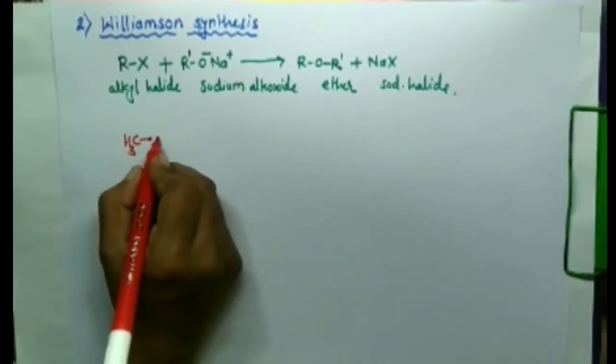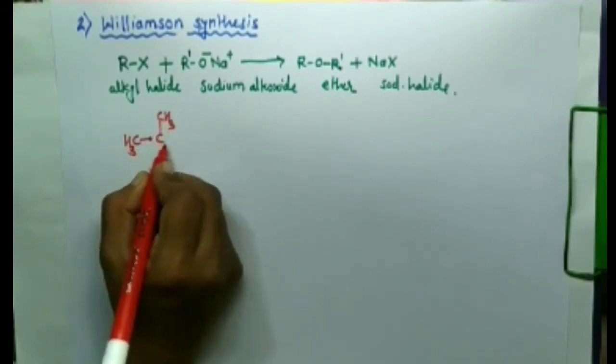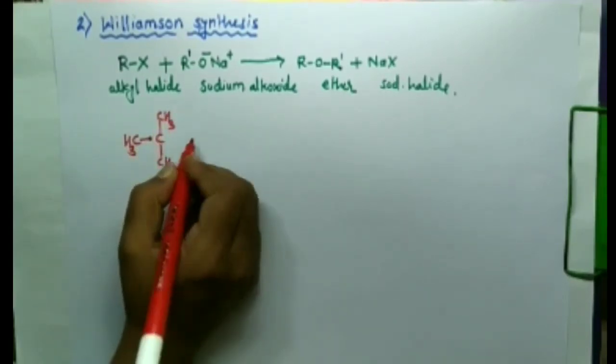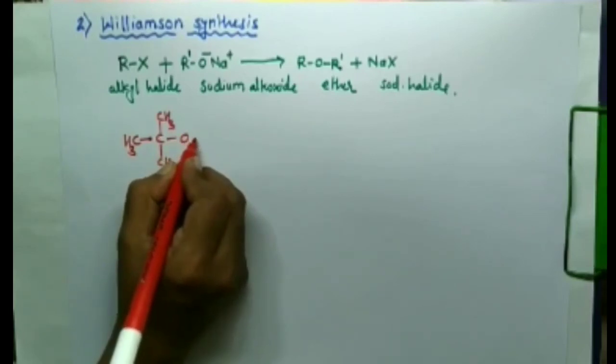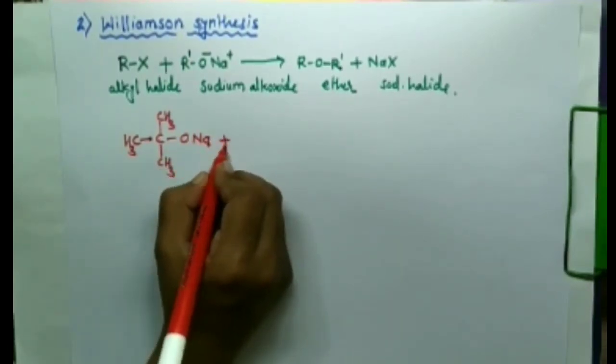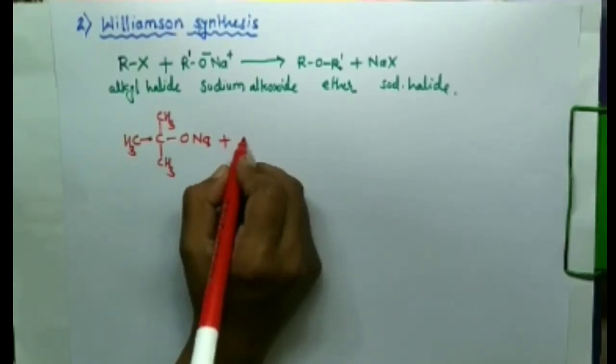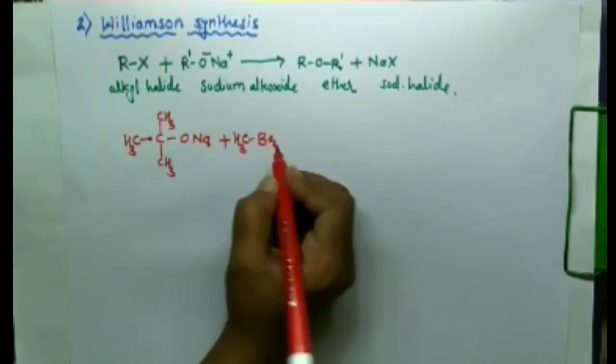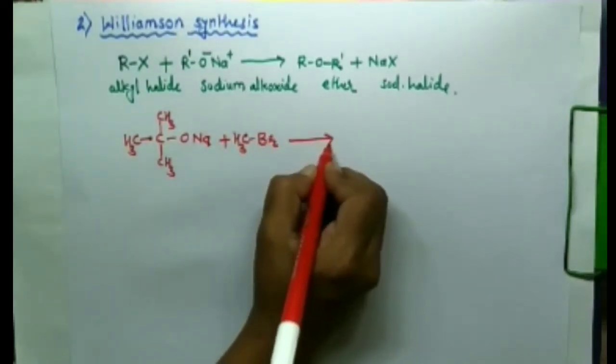So this sodium alkoxide, when it is treated with methyl bromide, it will give us